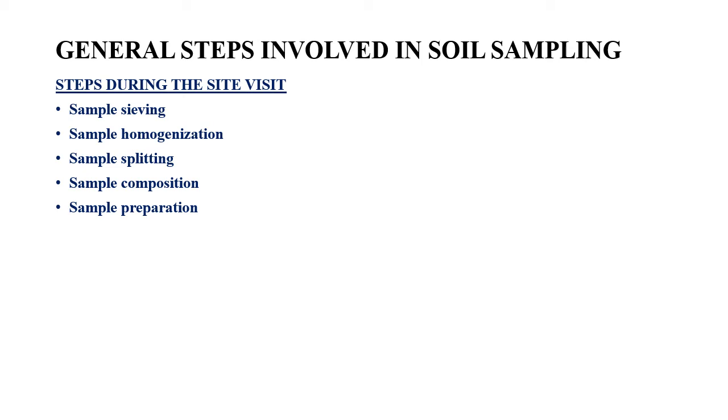Okay, so sometimes what happens is that we need not retrieve the sample from this sampler. We just simply have to seal the sides or ends of the sampler which has been used for collecting the soil sample, and then as such we can transport the soil sample within the sampler itself to the particular lab. So these are the general steps involved before the site visit and as well as during the site visit for the soil sampling procedure.